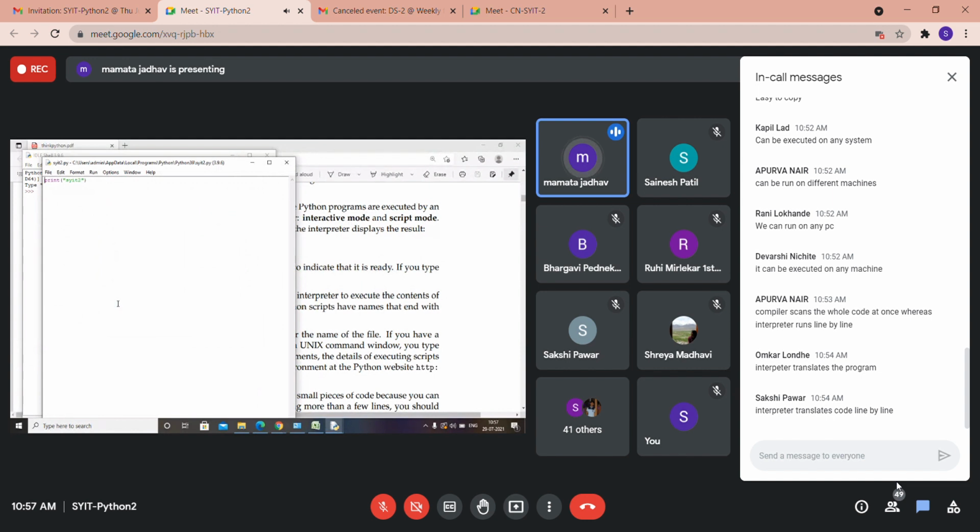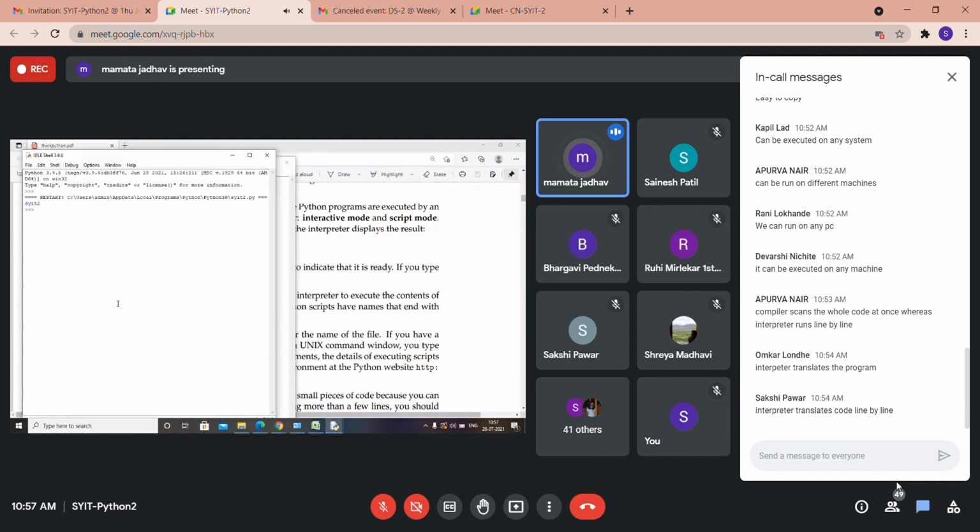I can rerun the file and I will get the output. I hope it is now clear to everyone, interactive mode and script mode. Shubham, is your doubt clear?